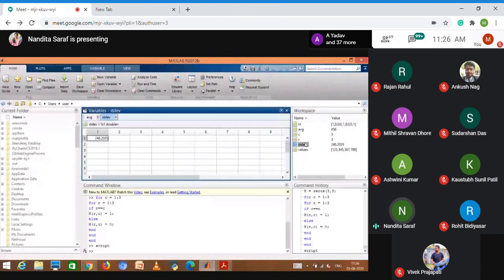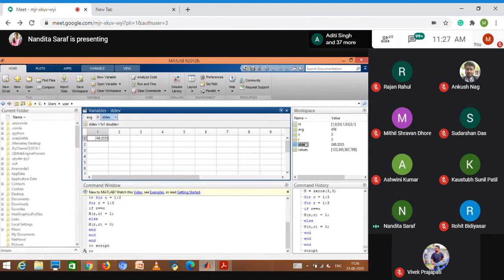Now we try solving a set of linear equations, which is a very common application of MATLAB. You just have to invert the matrix. Just check when you are inverting the matrix, sometimes it will give you a warning.